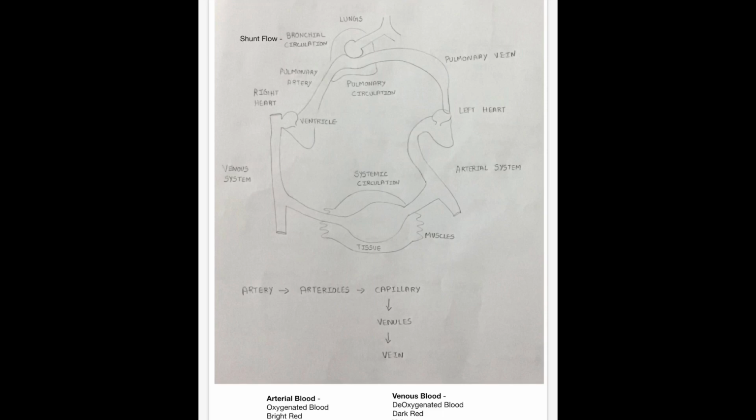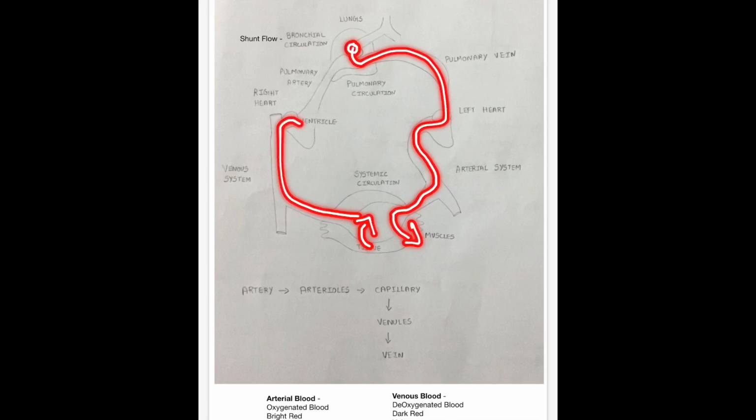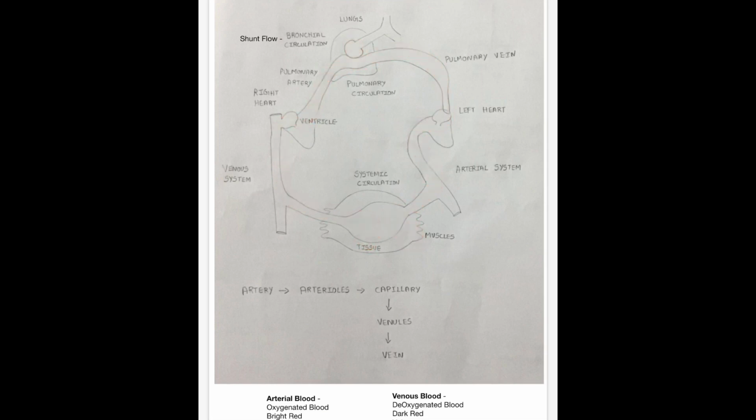In the alveolar sac, the oxygen is transported into the blood, and through blood the oxygen is delivered to the tissues in the muscle. Once the oxygen gets delivered, the carbon dioxide is picked up by the blood and it goes back again to the lungs. This is how it works.